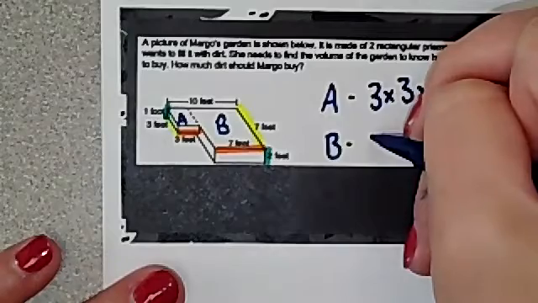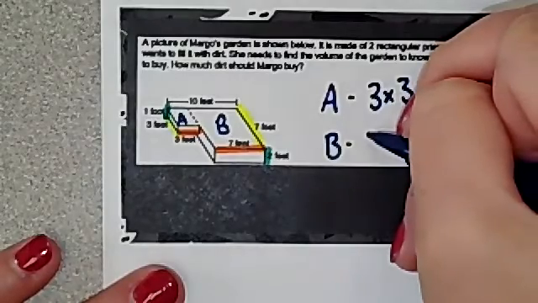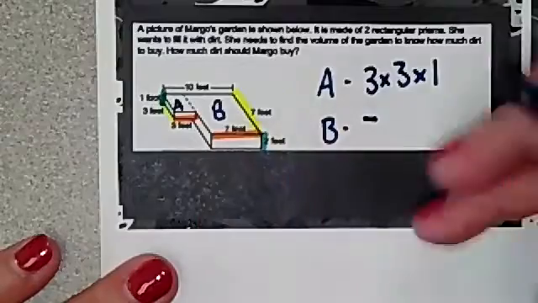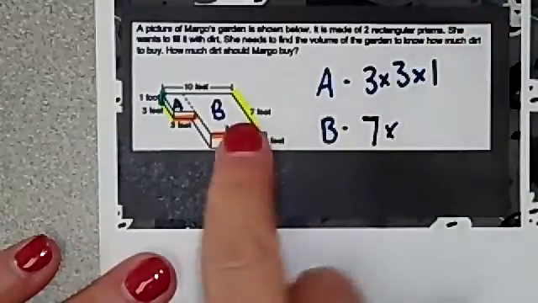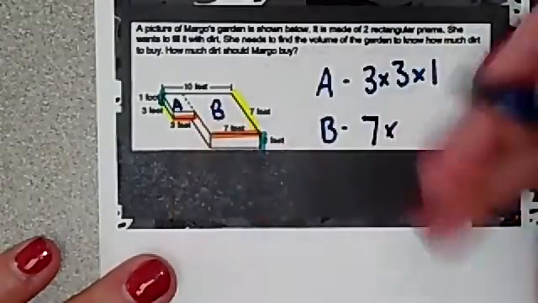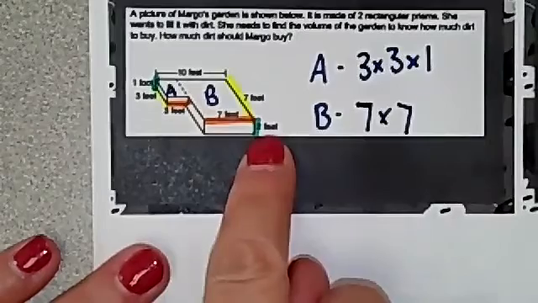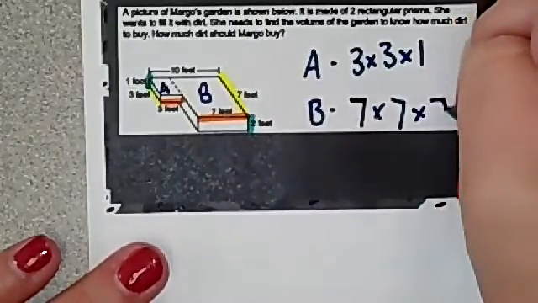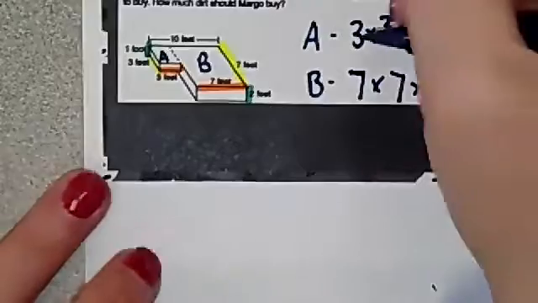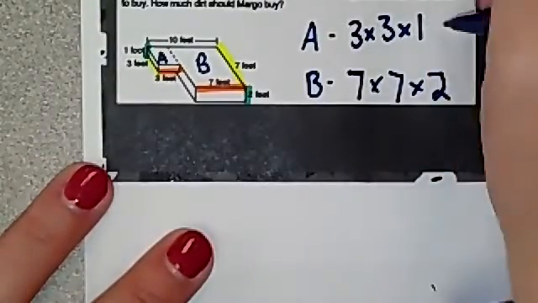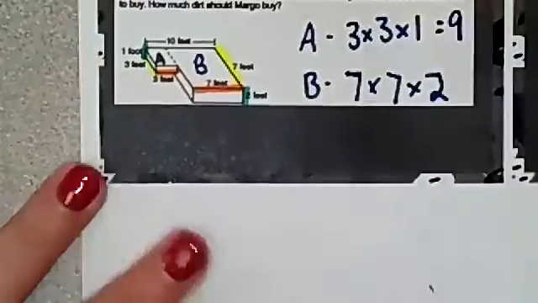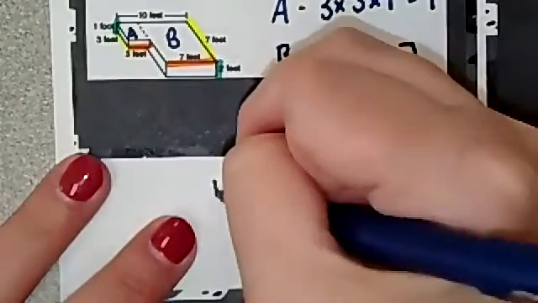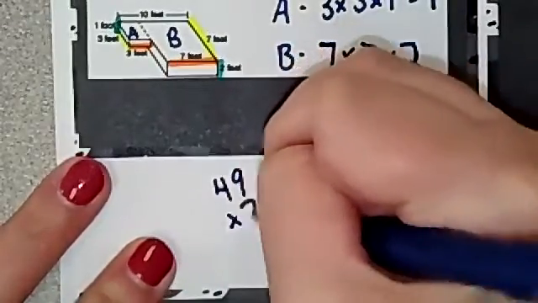What's the length? What's the length, baby? Good. What's the width? It's in yellow. Good. And what's the height? It's in blue. Very good. All right, here we go. Now, 3 times 3 is 9 times 1 is, box A is 9. 7 times 7 is 49, and 49 times 2 is